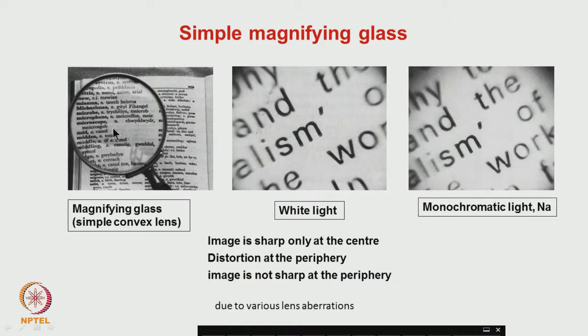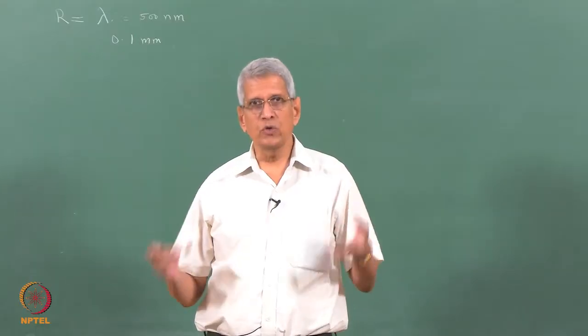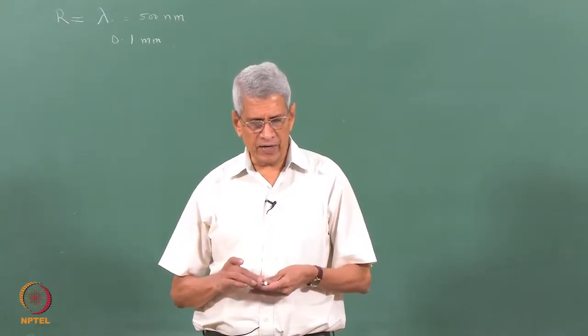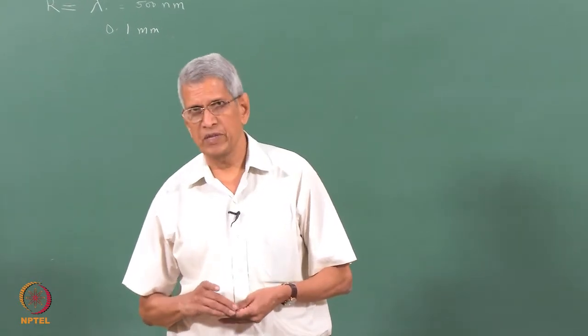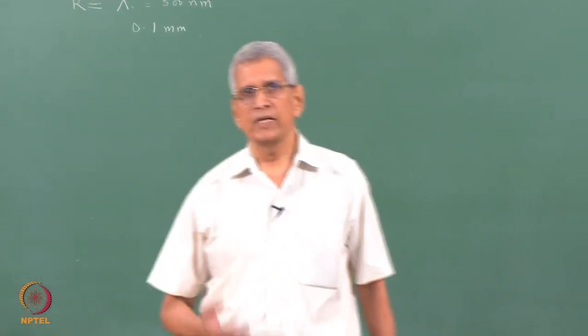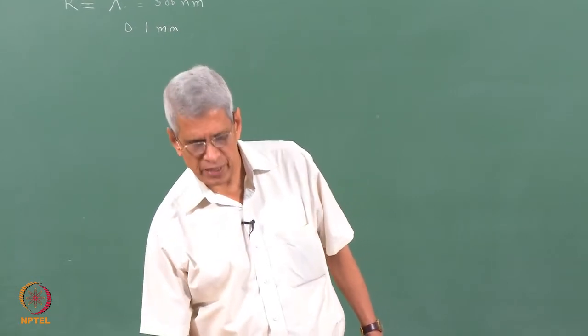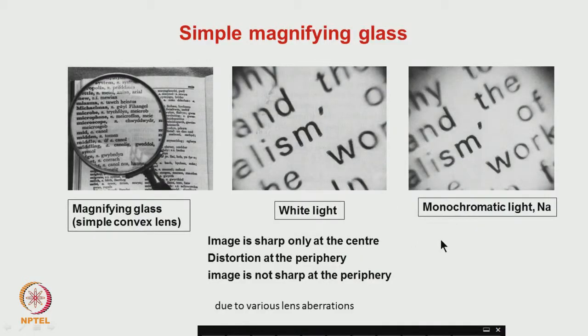But if we look at it, we can immediately make out that the image is curved, it is not in a straight line. The magnification appears to be different from the edge to the center; at the center it is focused well, for example in this case, and at the edge it is out of focus. All these problems occur because a simple lens which we use to magnify has a lot of aberrations associated with it. Because of this aberration, we are not able to get a faithful reproduction of the object in the image.